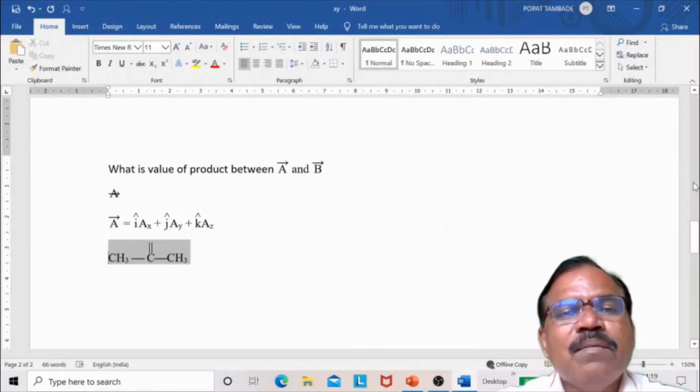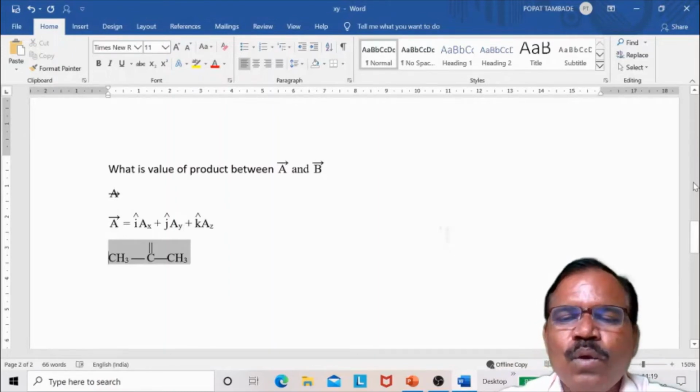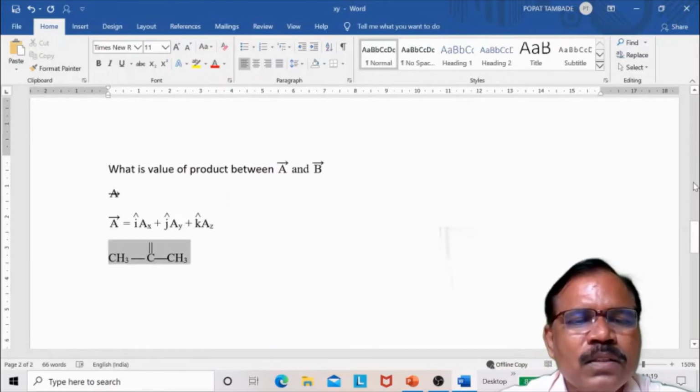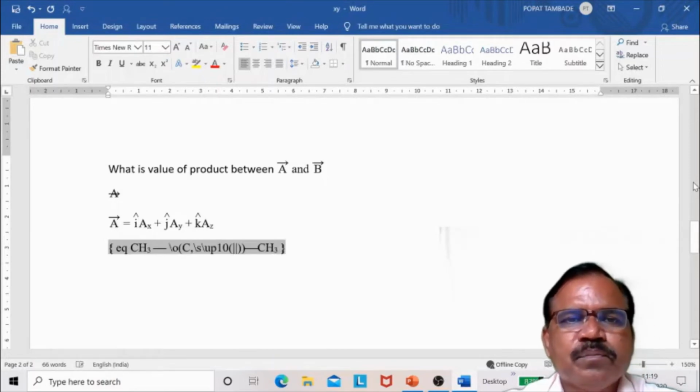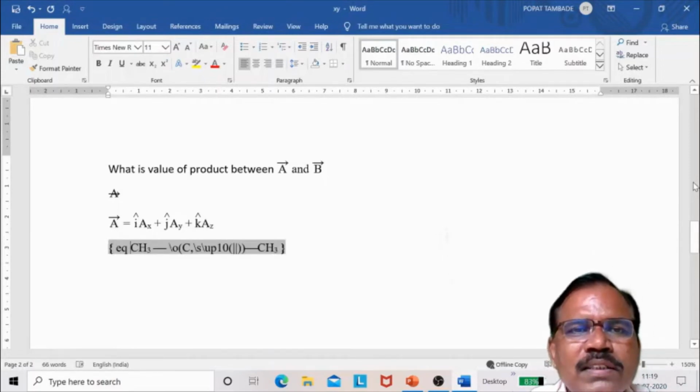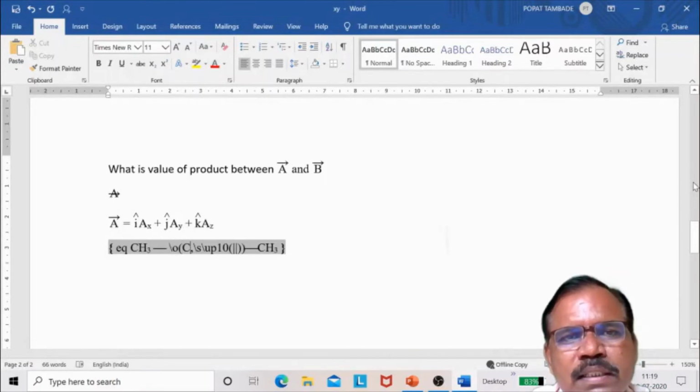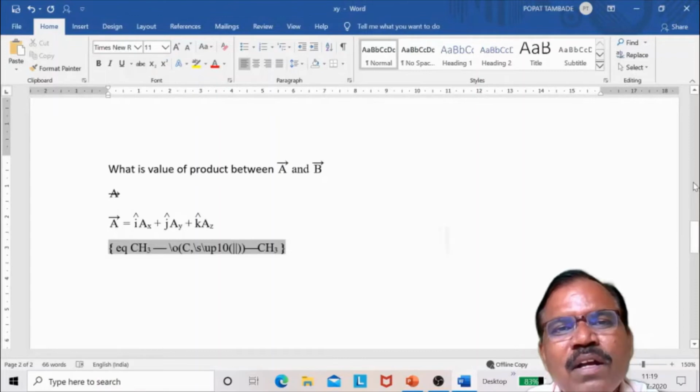Now on the double bond, I have to write O. So how can we write O? So see here, on C, by using backslash O, on C, using superscript, and this one we have taken the double bond. Now on this double bond, we have to take again superscript.